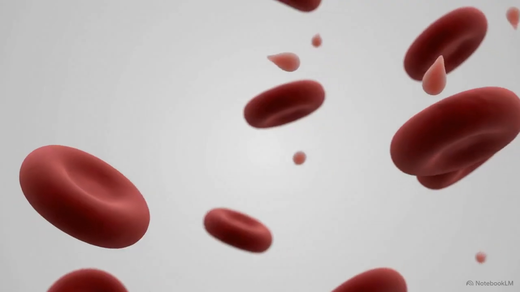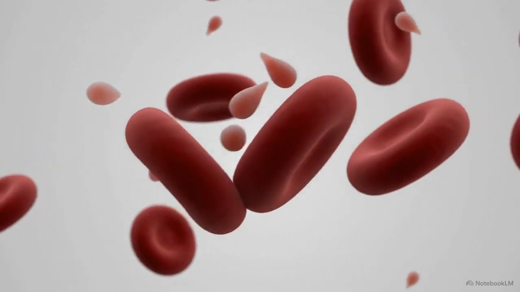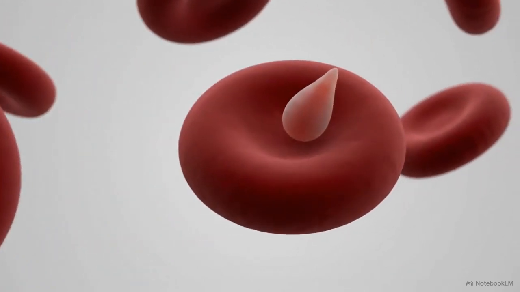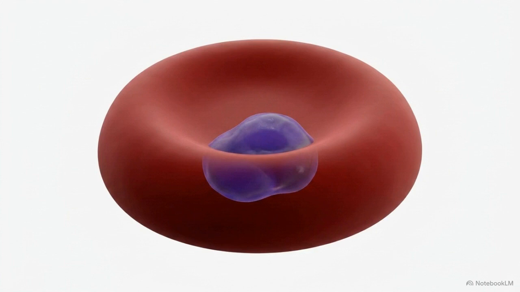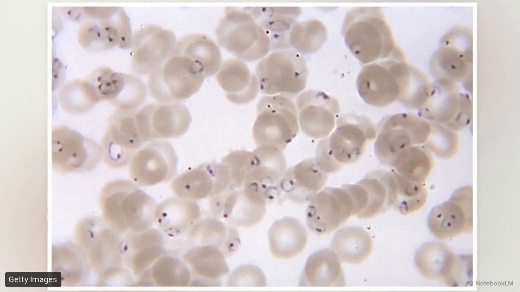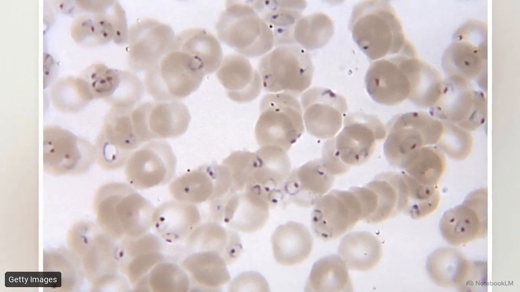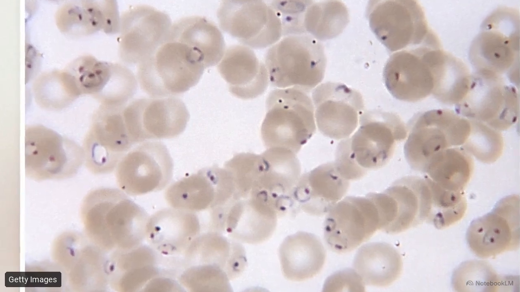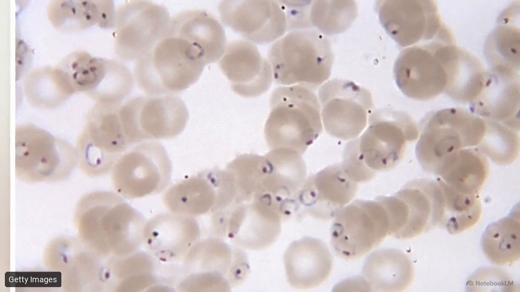When active merozoites pour out of the liver, they violently invade passing red blood cells, initiating the clinical phase of the disease. Inside the red blood cell, the parasite systematically matures. It progresses from an initial ring form into an active trophozoite, and finally into a fully developed schizont. This peripheral blood smear captures the parasites mid-cycle. Identifying these specific intraerythrocytic stages, like the distinct purple ring structures visible inside the cells, remains the gold standard for